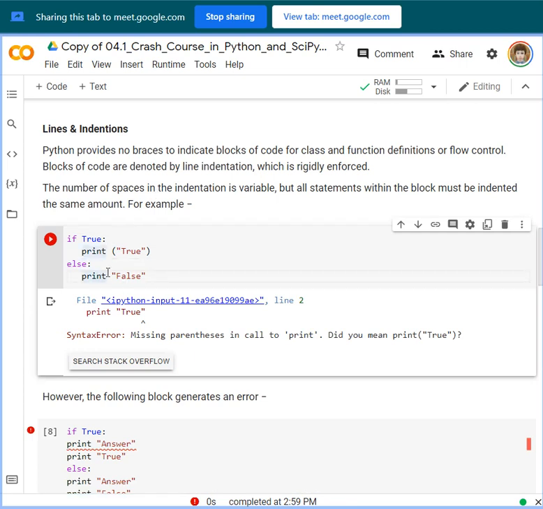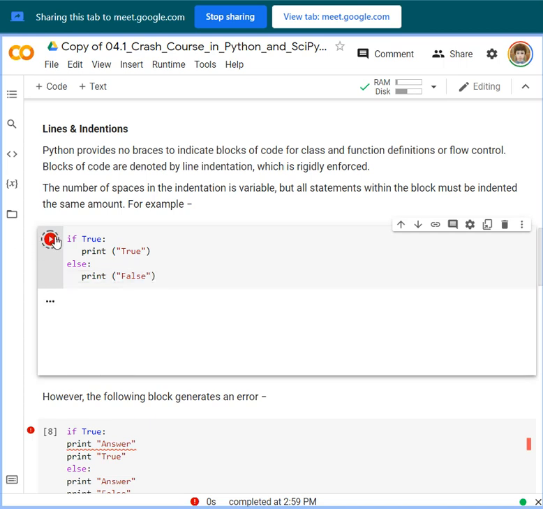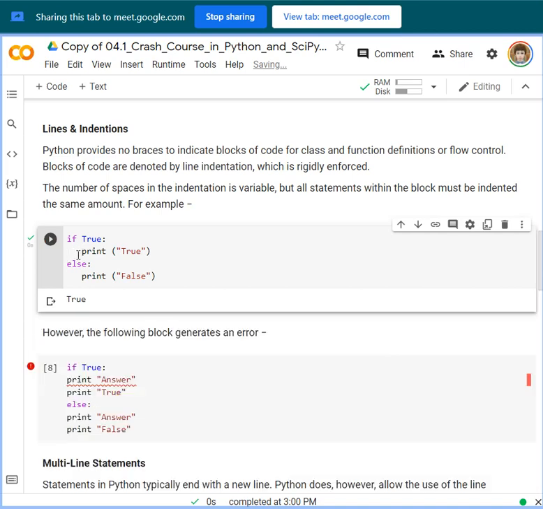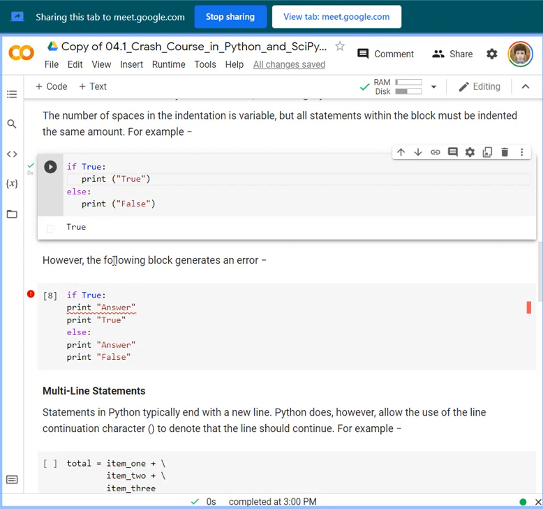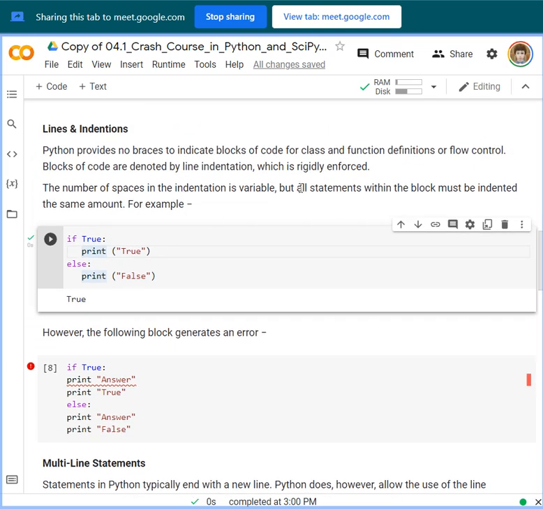Now if you can see, it is indented. This is the output. It is indented so that it is considered as part of a flow control.